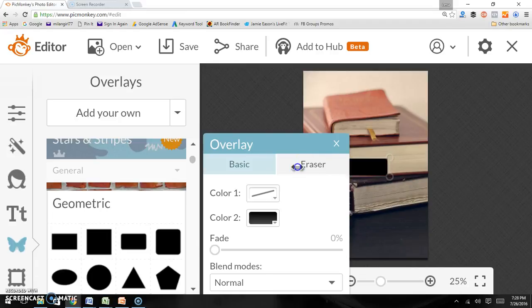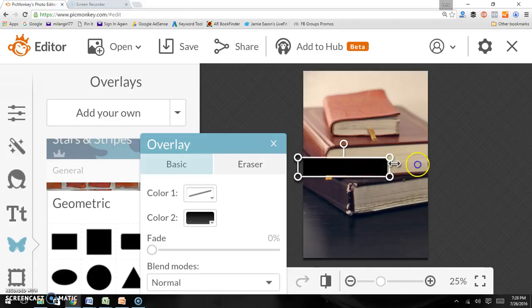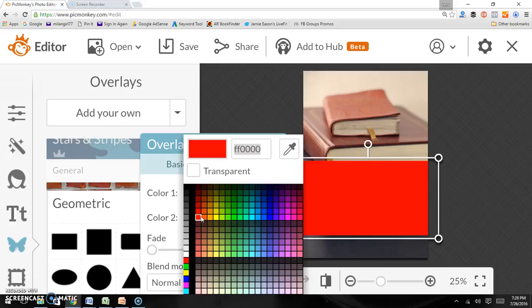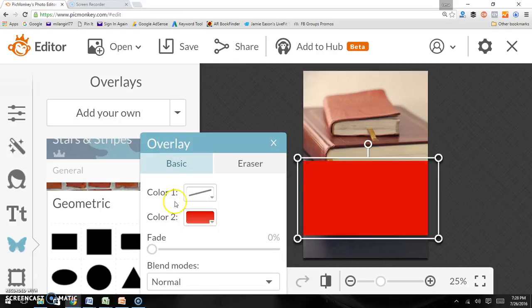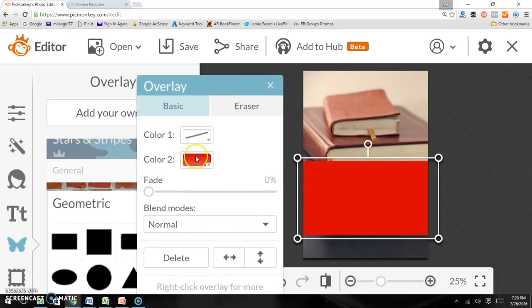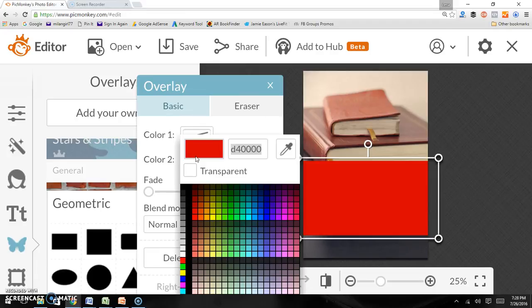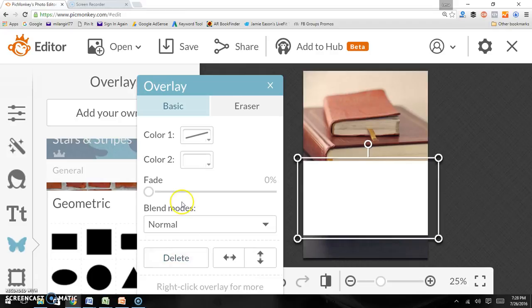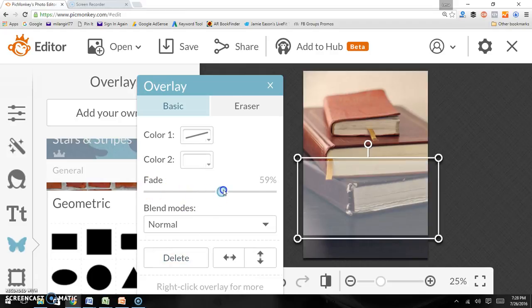And then you just quickly drag it over to the width of the picture. And then you drag it down just to a decent amount. And you don't have to be too particular because you're going to make it kind of opaque. So you're going to come over here to the color that it is and see how you can just change that really fast. I'm going to change that to white just because white's really easy. It's kind of my default color. Then I'm going to choose fade of,